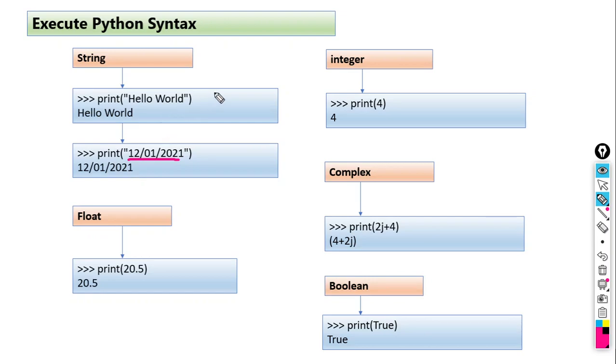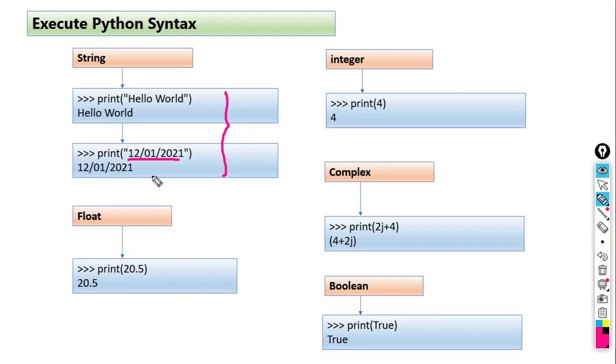Okay. So from these two examples, what do we conclude? Whatever text we want to print on the computer with the help of Python, we should enclose that text within a pair of quotation marks. And what is the syntax of the print statement? Write print, then an opening round bracket.